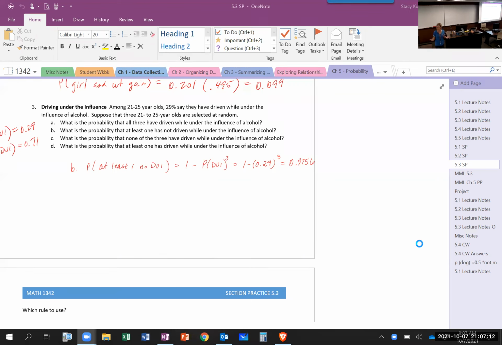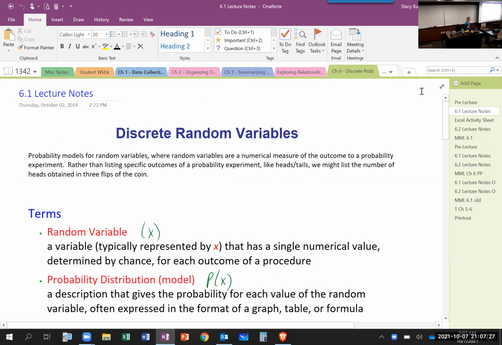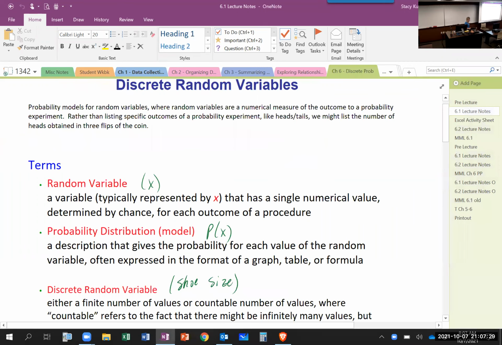Mostly as we move through the rest of the chapter, as we move through the rest of the semester. But we need to understand this idea of probability as we move forward, which is why we take a little bit of time to pause and talk about it. So today, what we're going to talk about